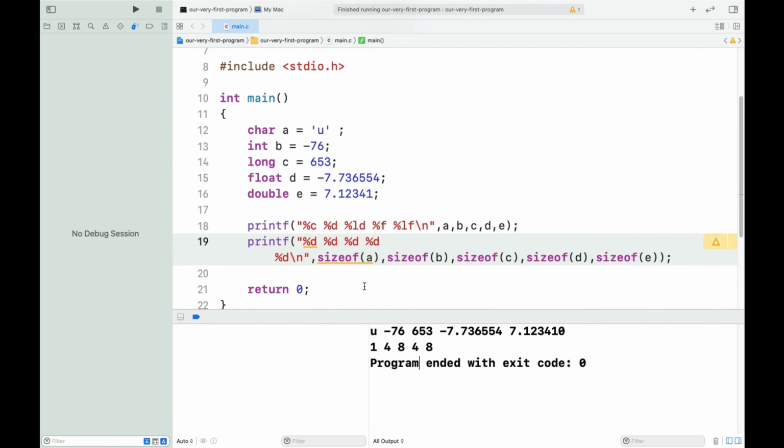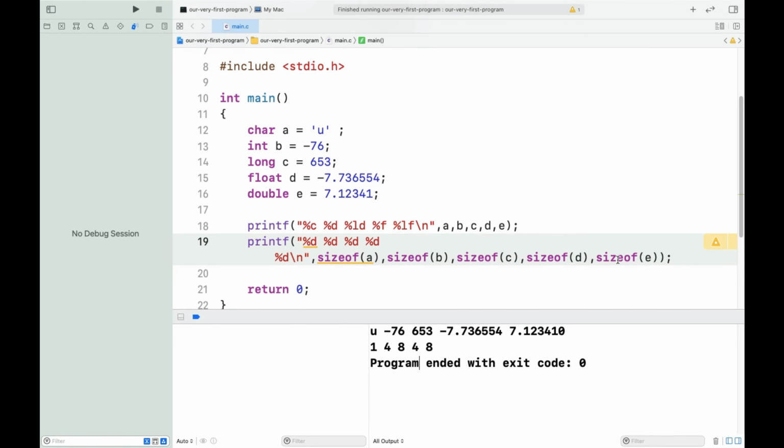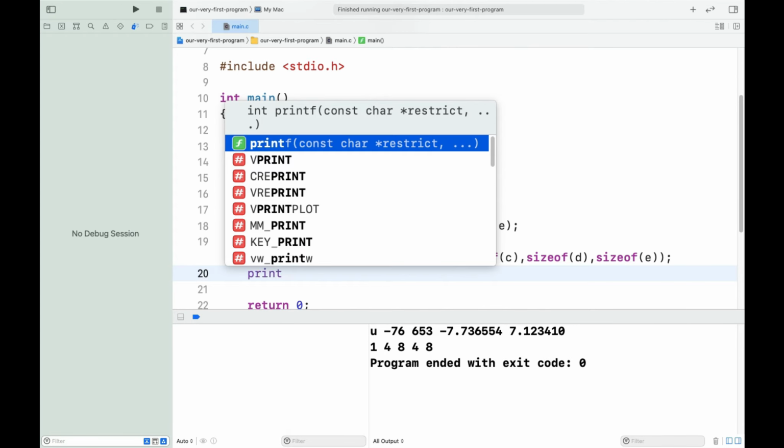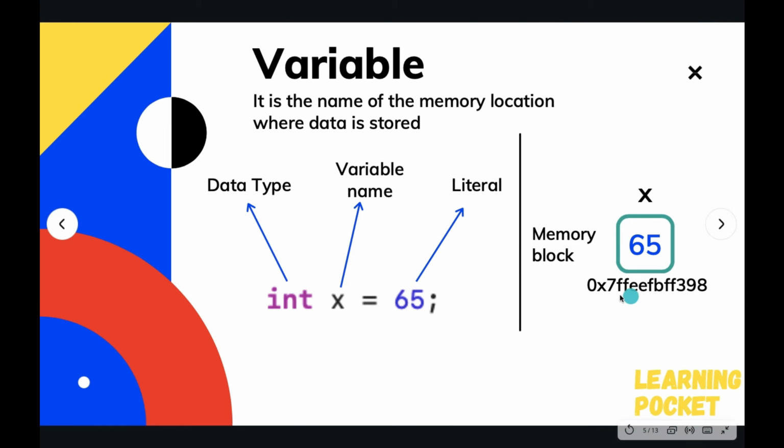We also talked about the addresses, the memory blocks and the addresses at which these values are stored. So let's also print out the addresses of all these variables. Printf, then for printing out the address, as you can see, the address is neither a string nor a character nor a number.